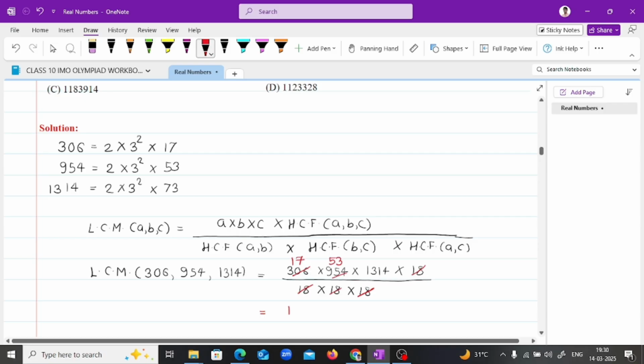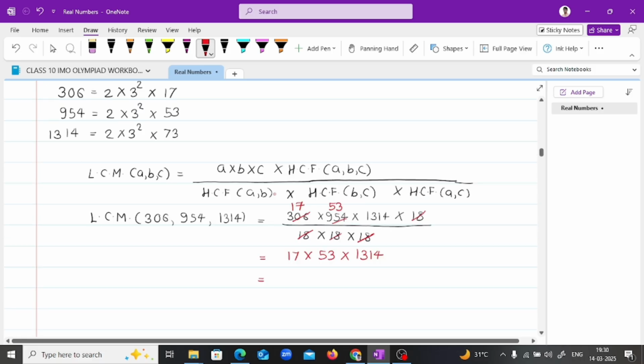The LCM of these three numbers will be 17 into 53 into 1314, right? If we multiply 17 into 53, the answer will be 901. You can verify it later. 17 3s are 51, carry 5 here, 17 5s are 85, 85 plus 5 is 90. Okay, 901 into